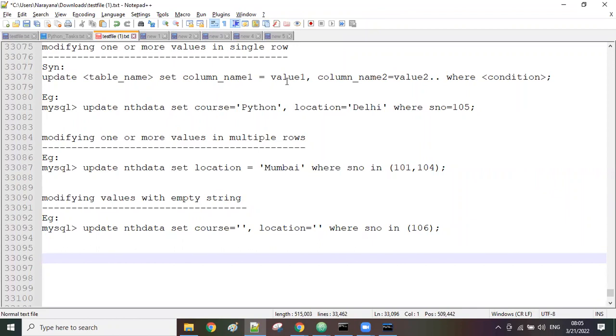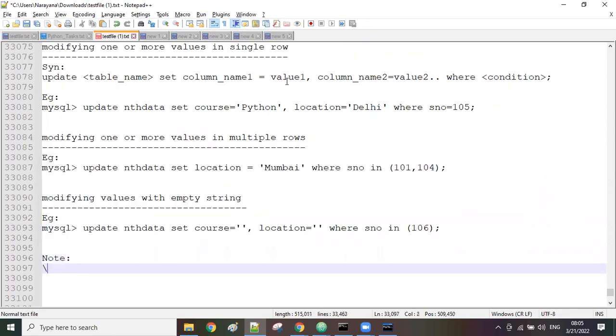But sometimes we don't know, dynamically the value keeps on changing. One time one value comparison, sometimes multiple values comparison. At that time, what do we use? We use in. Okay, right. So take a note if you want. Take a note. If we want to